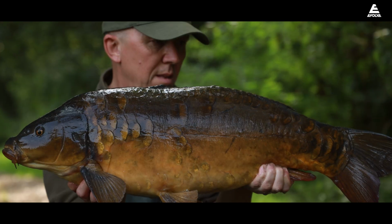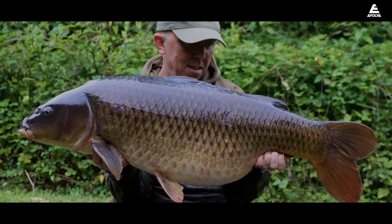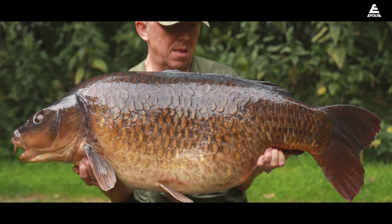So I'm going to talk you through what I've learned, how I've adapted, and ultimately how I've put those fish on the bank. I've always counted myself really lucky with where I live. So I live in Newbury, which is on the M4 corridor, just outside of Reading. So what's really nice for me, now I'm back fishing at Reading and District angling, which is where I used to fish a number of years ago, but I've been back on here more recently, is because I live in